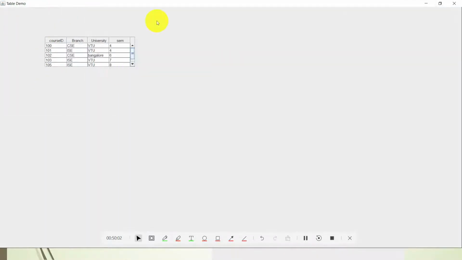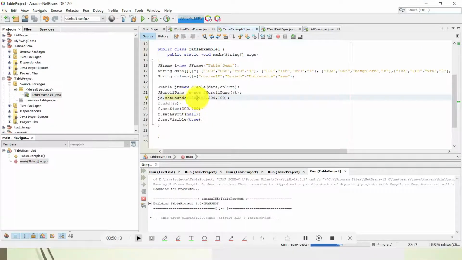Yes, can you see? It has moved somewhat to the right side. If you increase the x size, then it will come to the center. So 200 means it will be center. 300 by 400 is the default frame size. When you maximize the frame, these things will change, so you have to remember that.